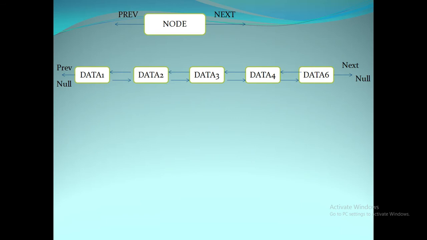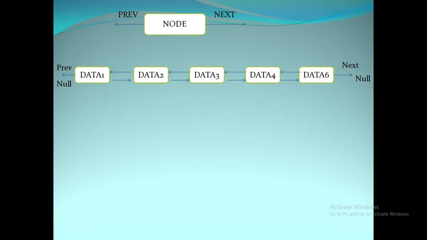For the very first node in the linked list, you can find the previous pointer is pointing to null, because this is the first element. We cannot have an element before that, because this is the first node. That's why the previous pointer is always null. Similarly, if you are not going to add more data in this list, then the data 6 node is the last node for this particular list. So that's why the next of the data 6 node will be null. So that is all about how the linked list works.